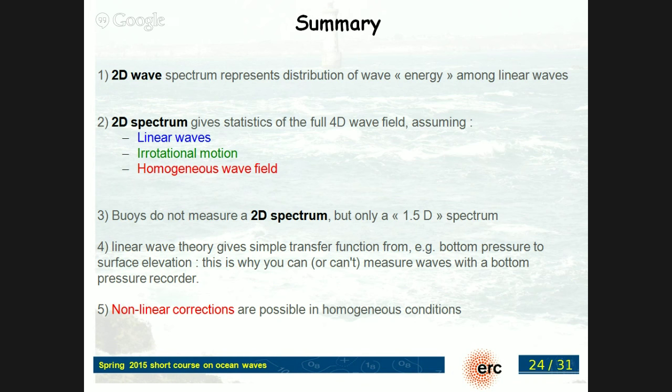It's easy in homogeneous conditions, so a flat bottom. We can transform theoretically the wave spectrum to also know what should be the harmonics. Of course, in a sloping bottom and varying conditions, it's much more complicated, and this is where you typically have an effect of the phase information. And if you want to know, there are some very nice papers recently by Janssen and Herbers about what happens around caustics in currents and stuff like this, in non-homogeneous conditions. All right, so that's all I had for the spectra.